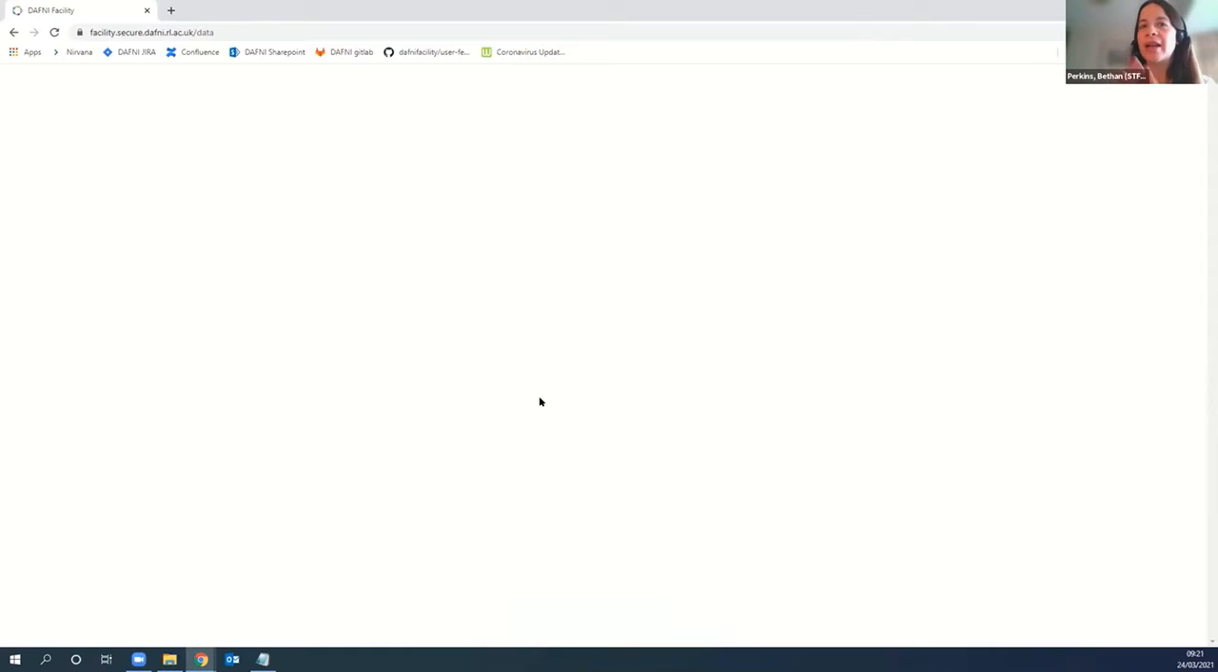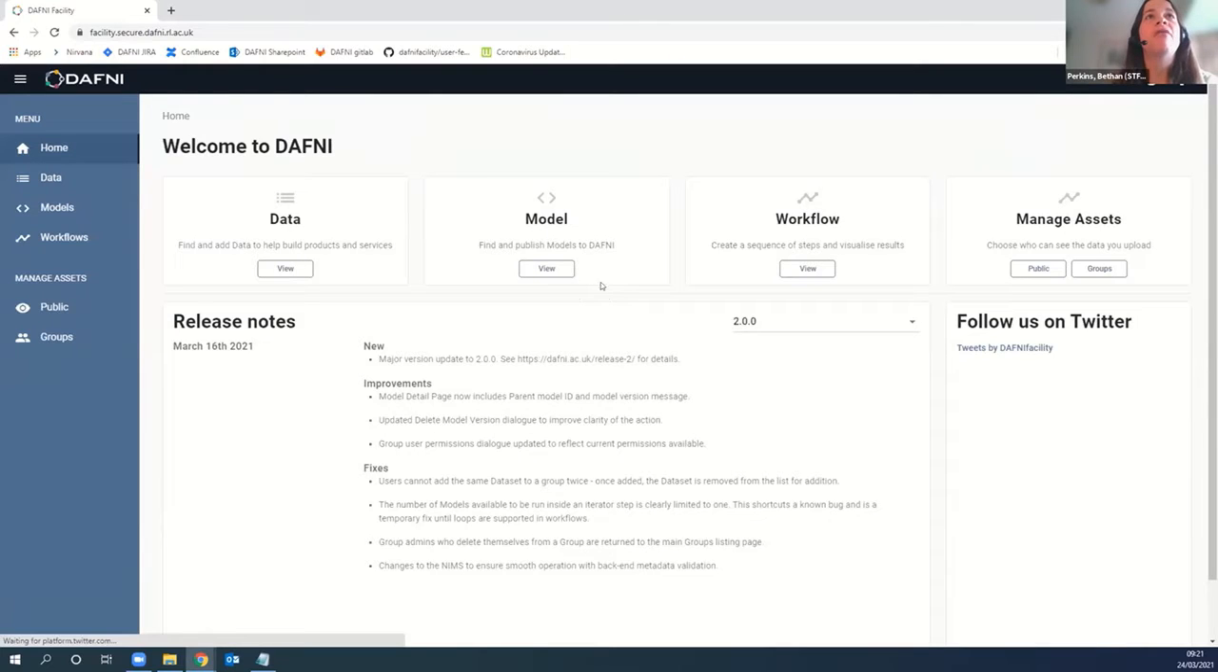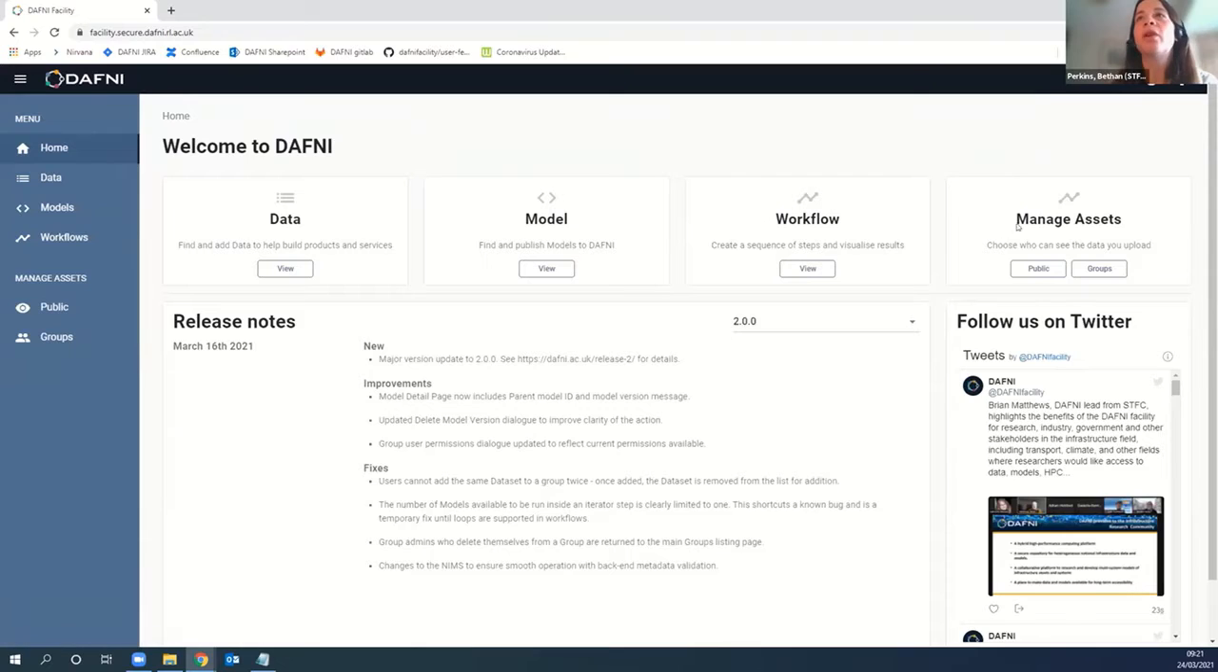this is an equivalent account to the standard DAFNI account that everyone receives when they arrive on the platform. Then when we arrive at the home screen, you'll see there are four key areas. So data, models, workflows, and the management of assets. I'm going to cover data and management of assets, and then I'll pass over to Tom who'll look at models